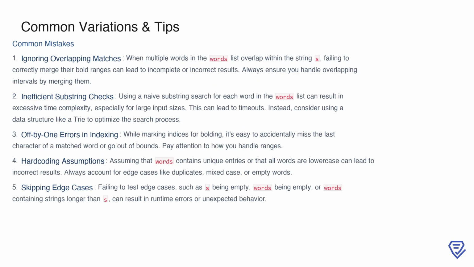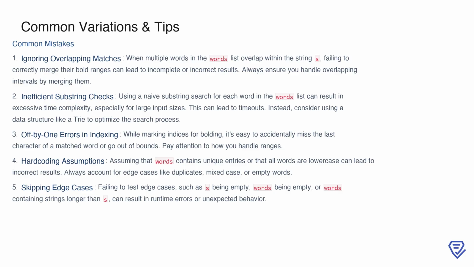When working on this problem, there are a few common mistakes that can trip you up. First, ignoring overlapping matches in the input can lead to incomplete or incorrect bold tags. For example, if one word from the list overlaps with another in the string, you need to merge their intervals to ensure all overlapping characters are included in the bold range. Next, using a naive substring search for every word in the list might seem straightforward, but it can cause significant performance issues for large inputs. Instead, consider optimizing this with a trie, which allows for efficient